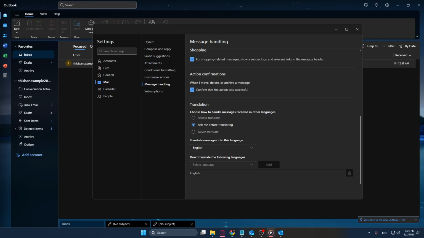And there you have it. By following these few straightforward steps, you've now equipped yourself to better handle multilingual emails in Microsoft Outlook. I hope this guide was helpful and makes your Outlook experience a bit